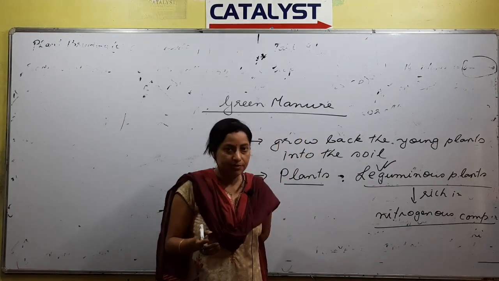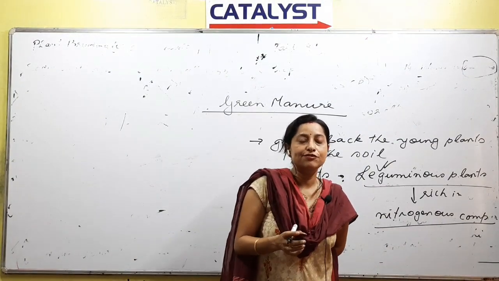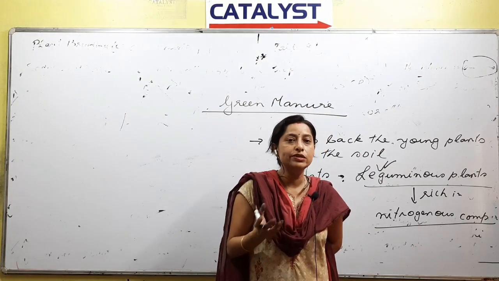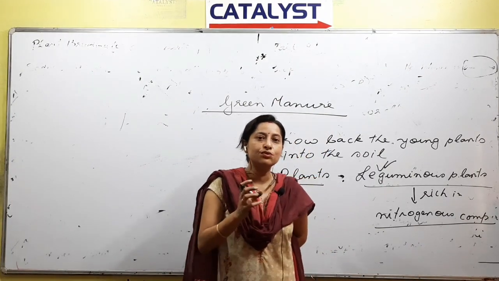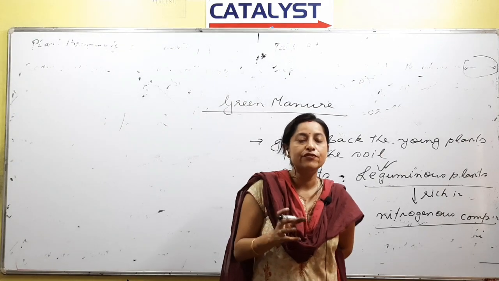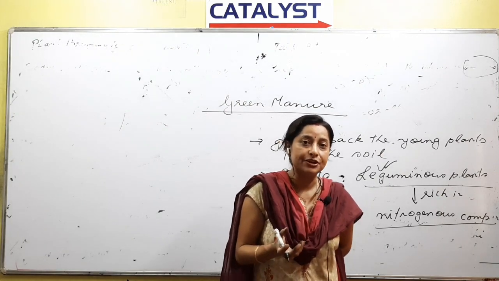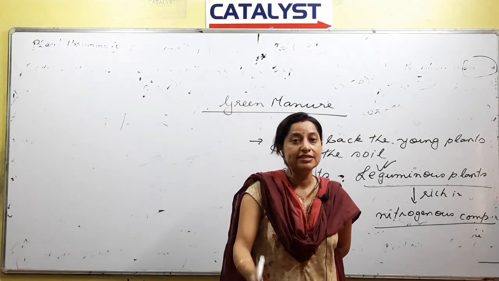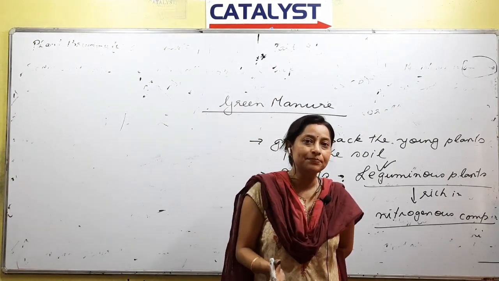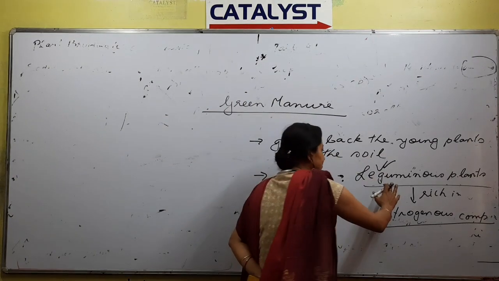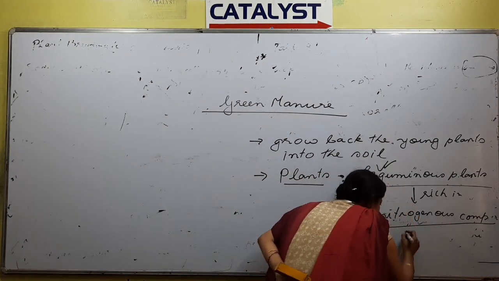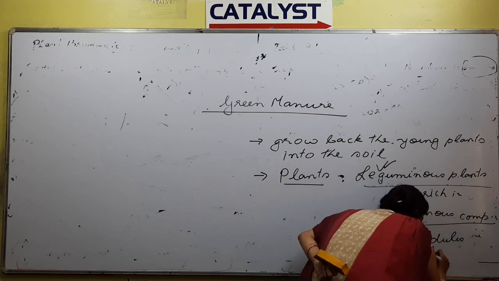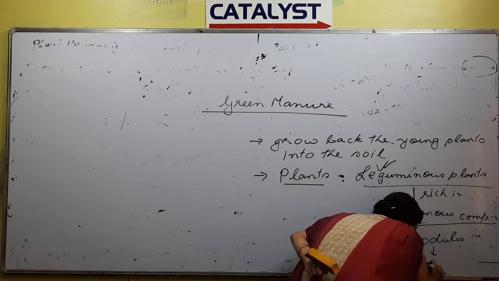If you remember, leguminous plants or logot we always talk about nodules, no, root nodules or kotha patun no. So these root nodules or nodules are the site of nitrogen fixation. So if they have enough nitrogen and that comes back to the soil, obviously that area will become more fertile, right? So leguminous plants they are rich in nitrogenous compounds because they have nodules, and nodules bilak ki hoy, fixed atmospheric